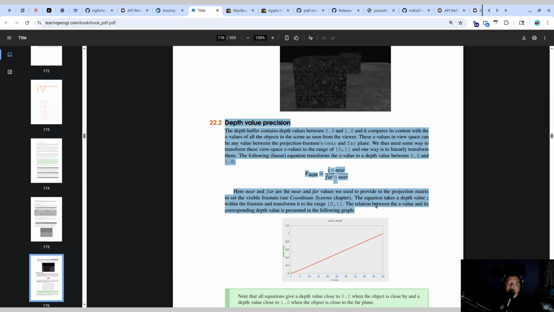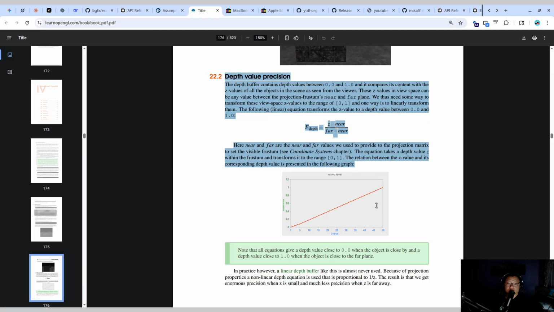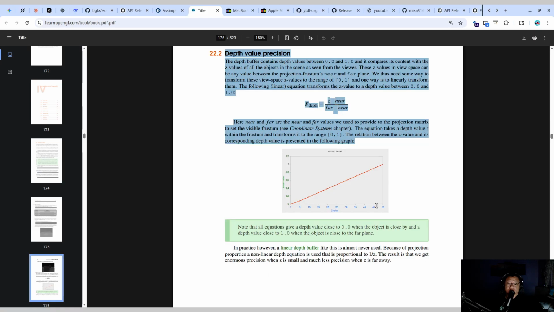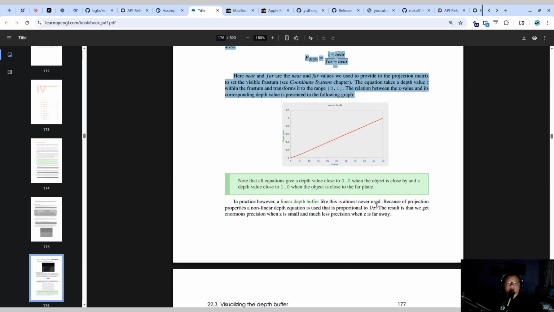F_depth = (z - near) / (far - near). Here near and far are the near and far values we provided to the projection matrix to set the visible frustum, as seen in the coordinate systems chapter. The equation takes a depth value z within the frustum and transforms it to the range [0, 1]. The relation between the z value and its corresponding depth value is presented in the following graph. Note that all equations give a depth value close to 0.0 when the object